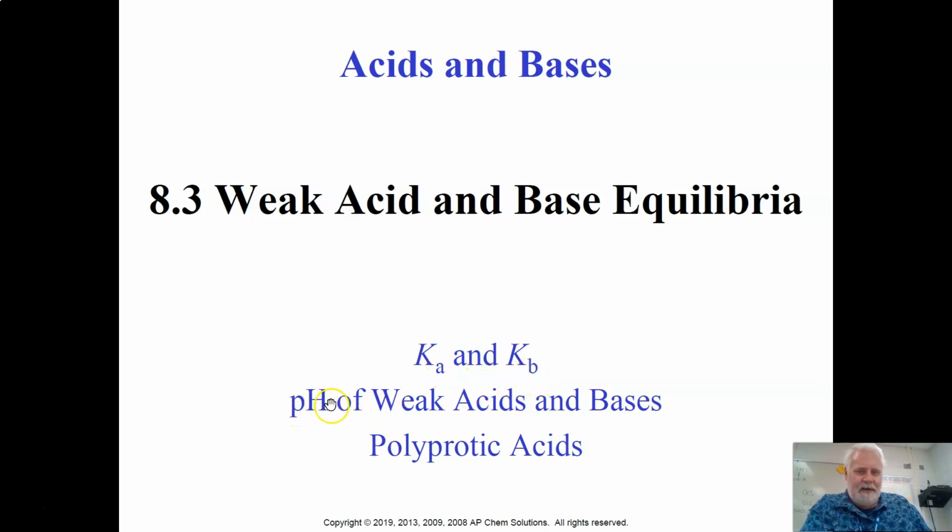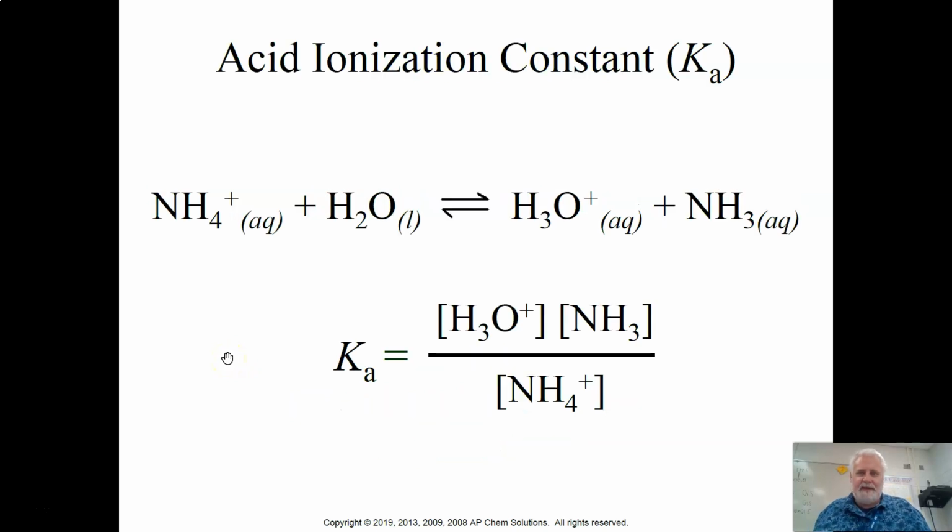I think you can probably figure out those are going to be equilibrium constants for acids and bases. And then we're going to get into a really good challenge of what do you do when it's a weak acid, meaning that it's an equilibrium system. It's going to be going back and forth. You can no longer predict in a guaranteed fashion what the product is going to be. So let's start right away with this